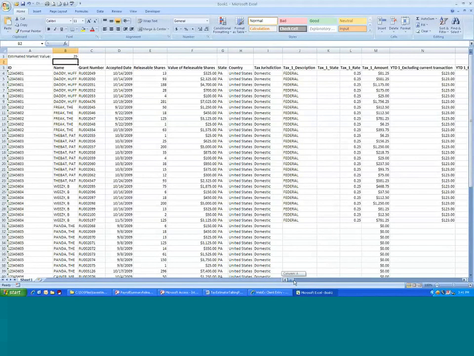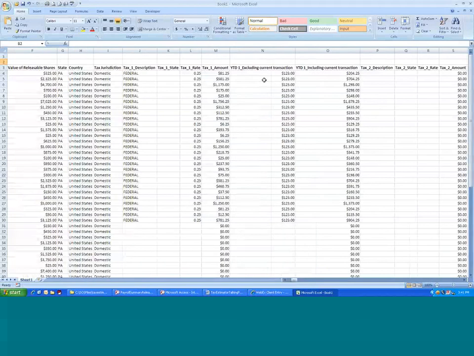As we slowly scroll to the right, you can see that when I change that, the tax amount changed. In this particular scenario, we have just loaded some dummy data, so you can see that everyone has paid $123 on every single tax. But you can see that there is an actual calculation that takes place to generate, in the first line, $204 of tax, including what they have currently released and this particular release. So this would be the column you would look at to see if you have an individual that's going to hit that particular limit, and you can estimate out how much tax you're going to need to pay the IRS